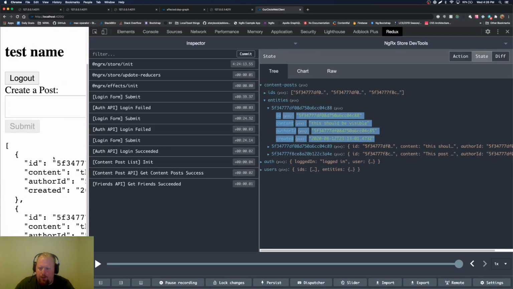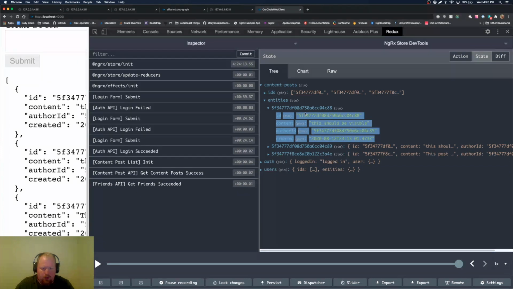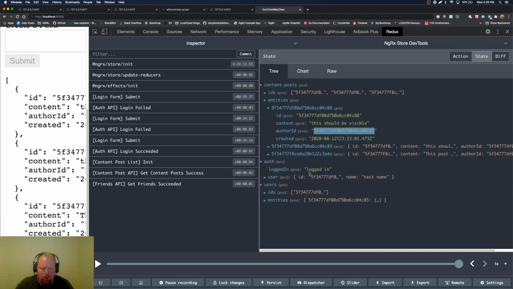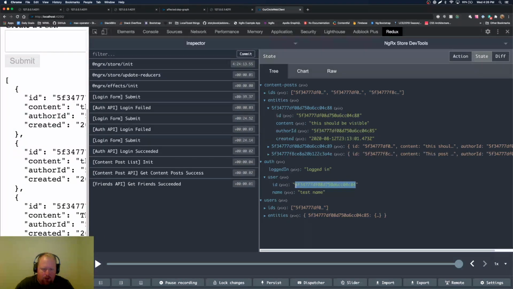We really need to get some real components up for these content posts at some point too, because right now, like the author ID, we're seeing it, but we've got all the information we need to map this over. But the thing I'm thinking about is if we had our auth right here, we'd have the ID. I guess we could have their name in here too, but if we look at the users and the entities stored in users, I'd really want for ourself as a user to just kind of be in here, because then we could just say,